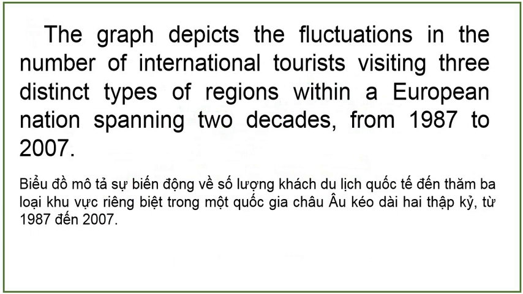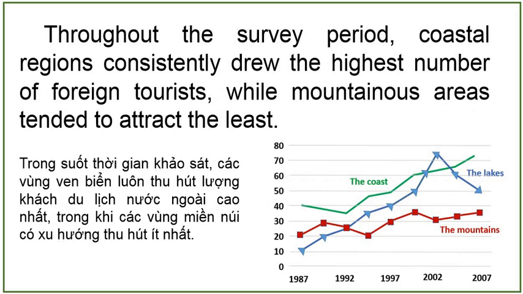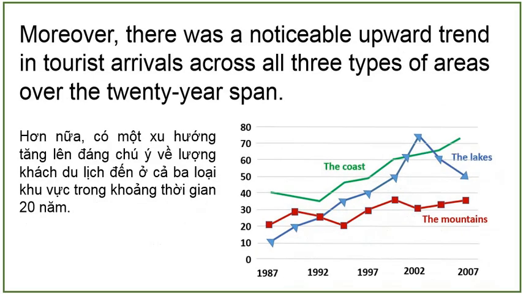The graph depicts the fluctuations in the number of international tourists visiting 3 distinct types of regions within a European nation spanning 2 decades, from 1987 to 2007. Throughout the survey period, coastal regions consistently drew the highest number of foreign tourists, while mountainous areas tended to attract the least. Moreover, there was a noticeable upward trend in tourist arrivals across all 3 types of areas over the